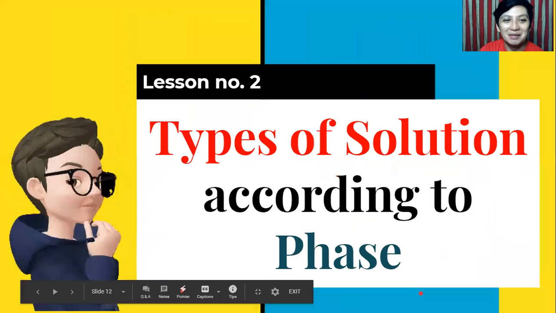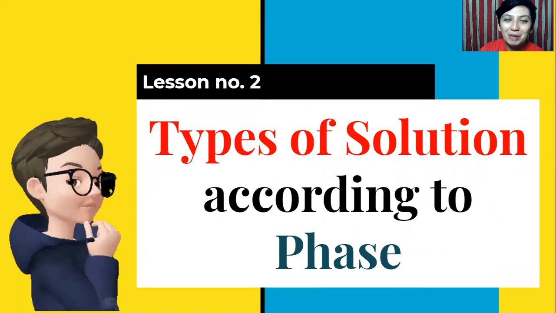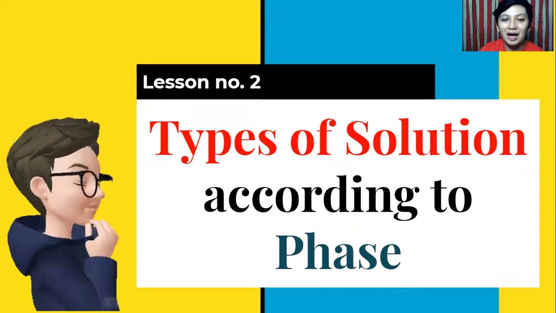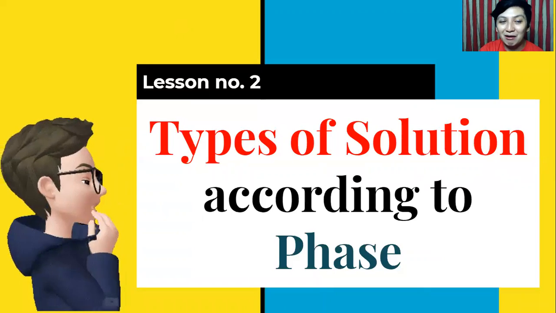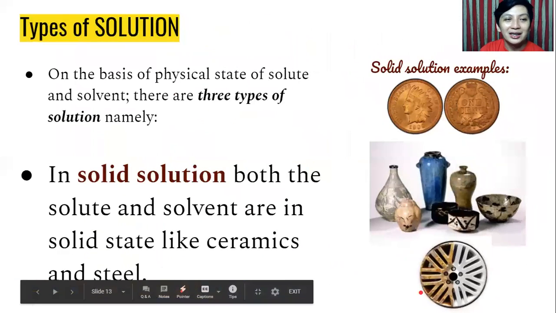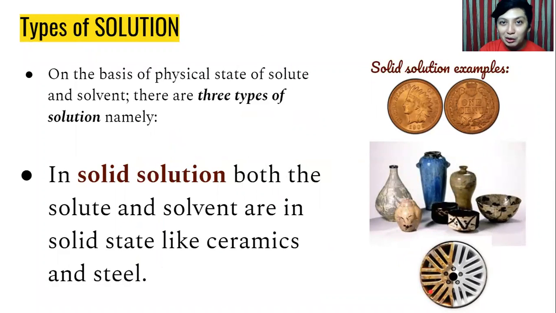Now, for lesson number 2. So lesson number 2 is all about types of solution according to phase. So you all know that we have solid, liquid, and gaseous state or phase of solution. Now, in this type of solution, basically, we base them on what we see or the final product, okay, after you combine all the substances. So on the basis of physical state of solute and solvent, there are 3 types of solution, namely, number 1,